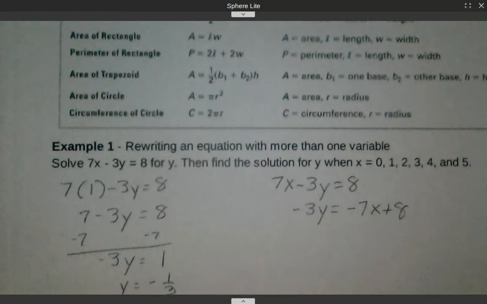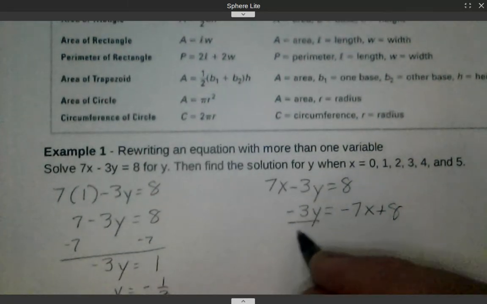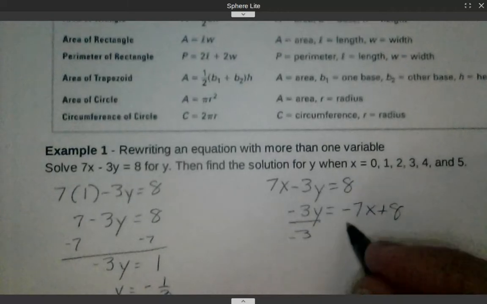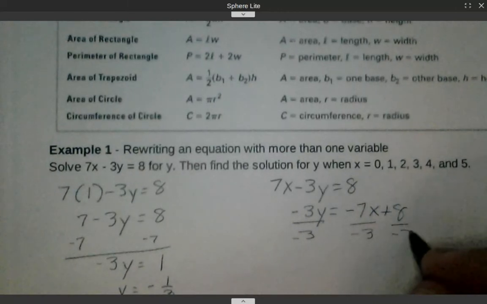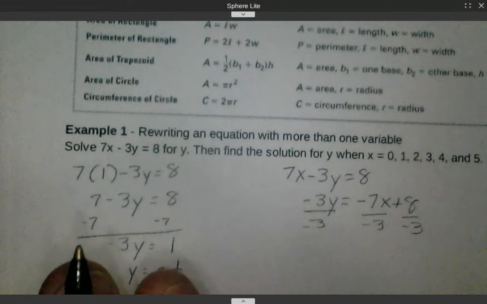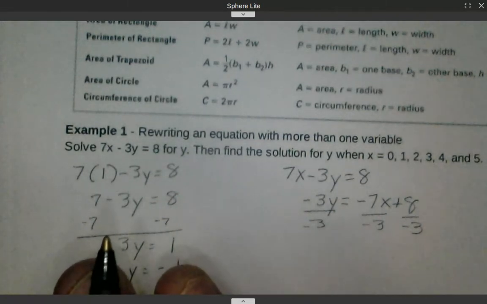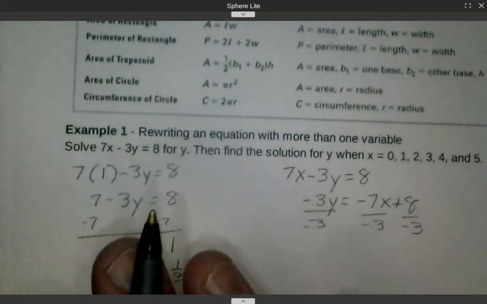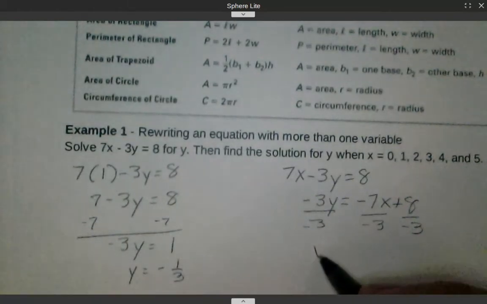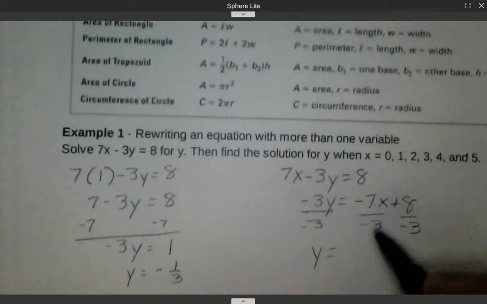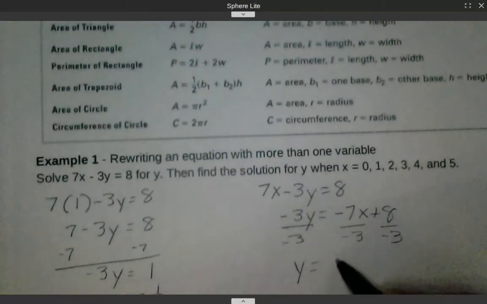Now, I am going to divide by negative 3. And I have to remember I'm dividing everything by negative 3. So if I divide everything by negative 3, then I will get y equals, negative divided by negative is a positive, so this will be 7 over 3x